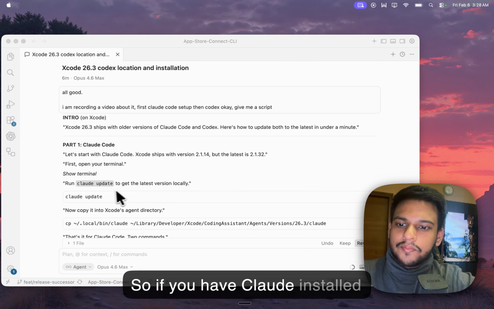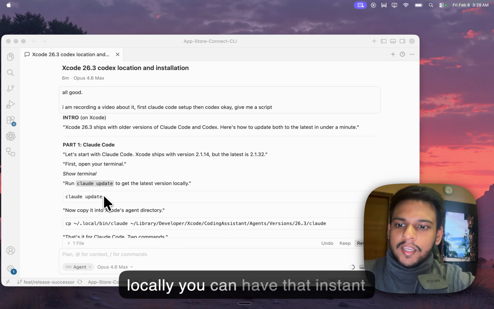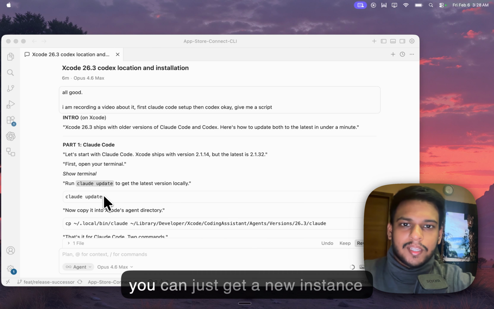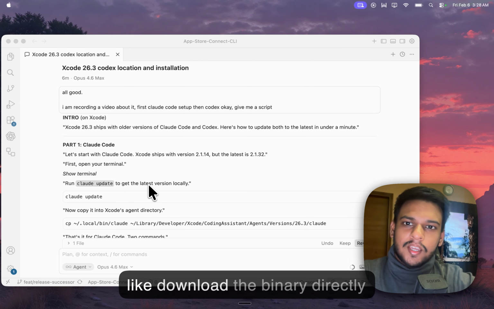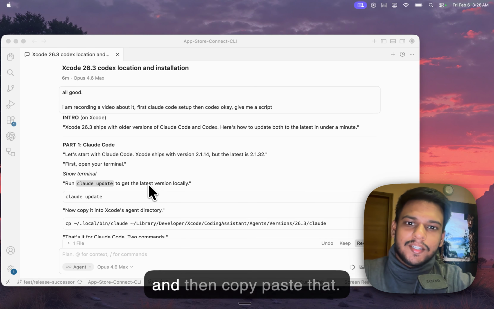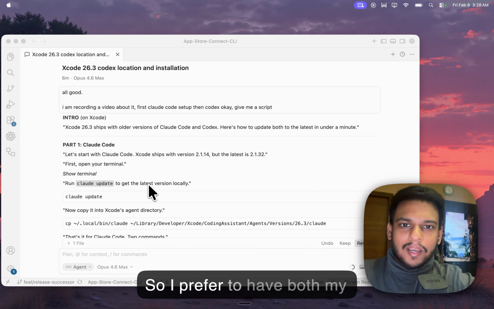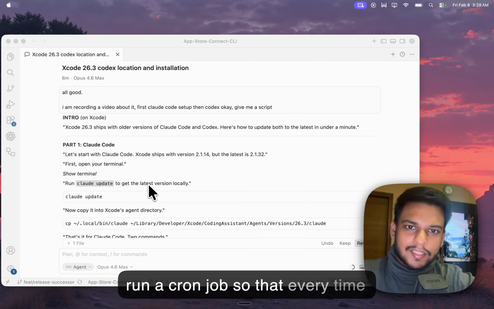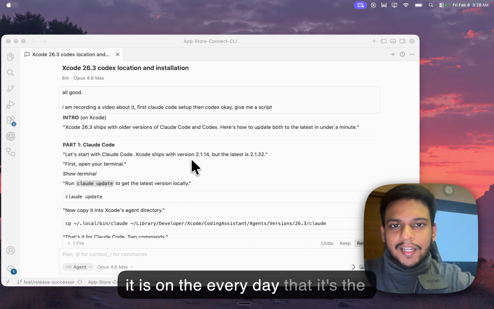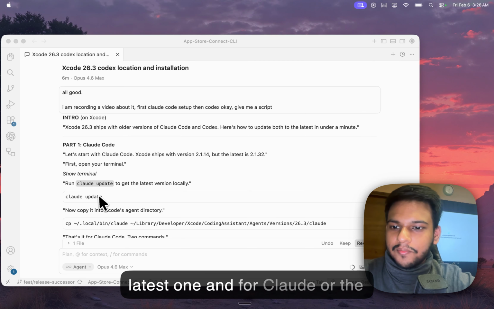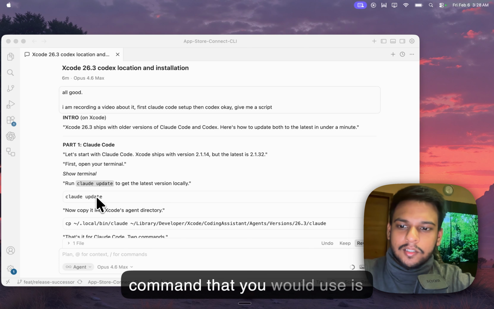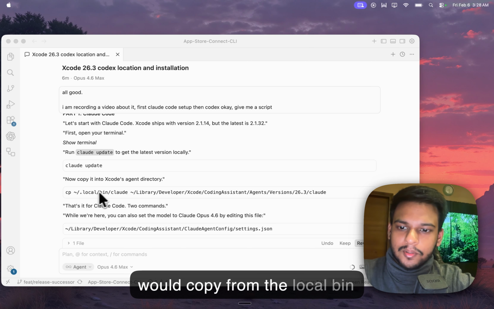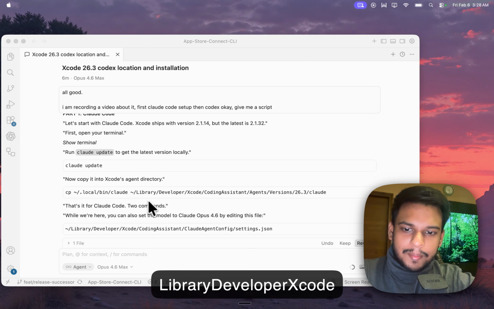So if you have Claude installed locally, you can take that instance and just copy paste it over, or you can get a new instance, like download the binary directly and then copy paste that. I prefer to have both my instances. Similarly, maybe I will run a cron job so that every day it's the latest one. And for Claude, the command that you would use is claude update, and then you would copy from the local bin claude to the library